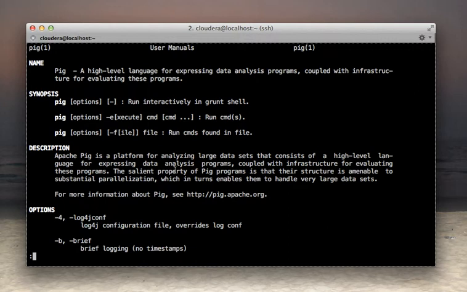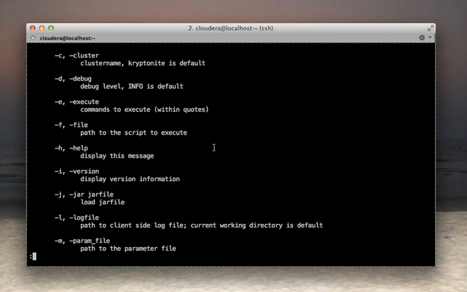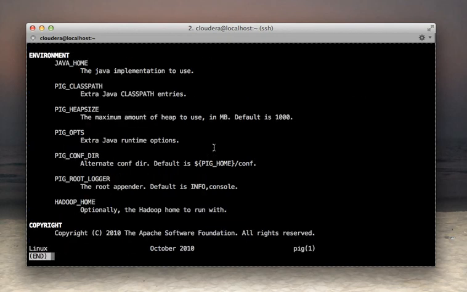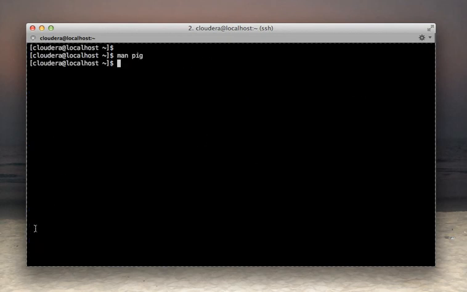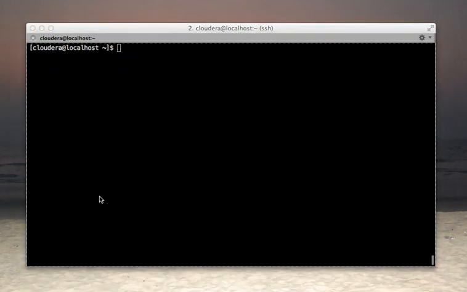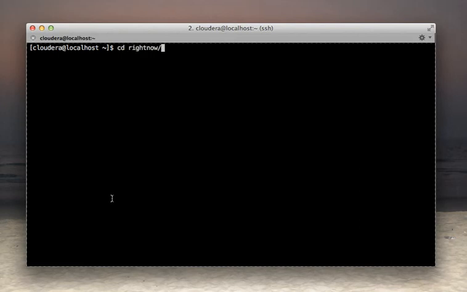So here, when you develop and debug your scripts, you can use local mode, and then once you deploy them, you can run them on the Hadoop cluster. Let's first look at the data that we have, and